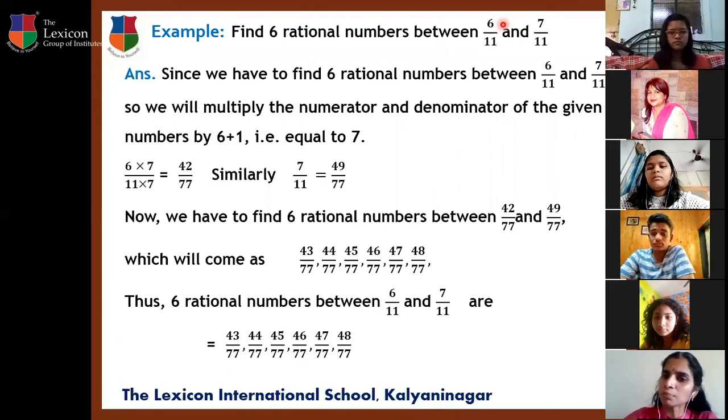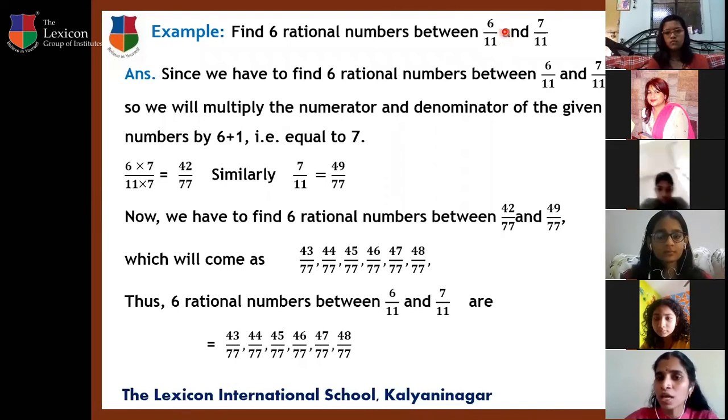So you will get it in this way, 1 upon 1 and 2 upon 1. Then you will multiply both numbers by 6. So you will get 6 upon 6 and 12 upon 6. Then in between 6 upon 6 and 12 upon 6, you will get 7 upon 6, 8 upon 6, 9 upon 6. In this way, all these are rational numbers between 1 and 2. Is it clear, Diva? Yes, ma'am.